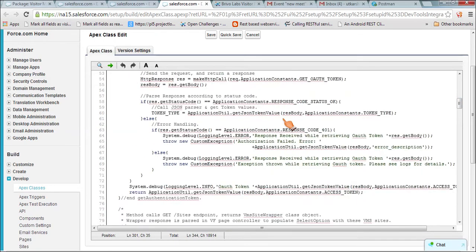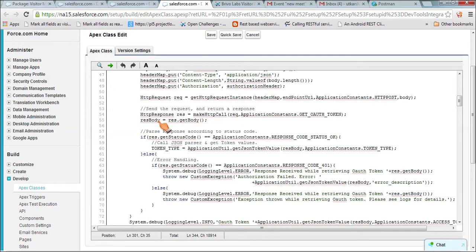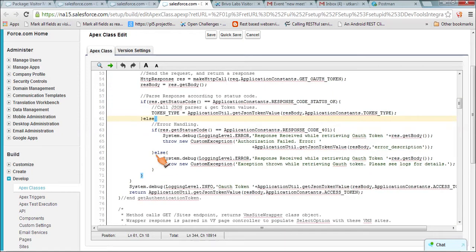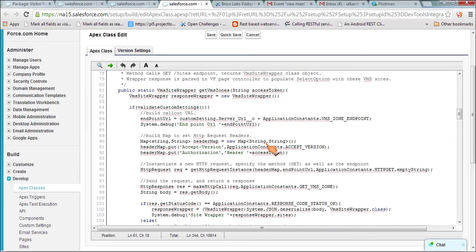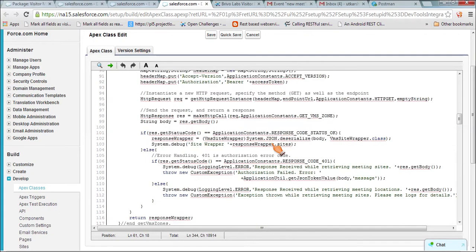Then once I get the HTTP response, when the status is okay, I need to handle it differently, so I have kept that code. In the else branch, when the status is not okay, I want to handle the errors, so I have created another error method,